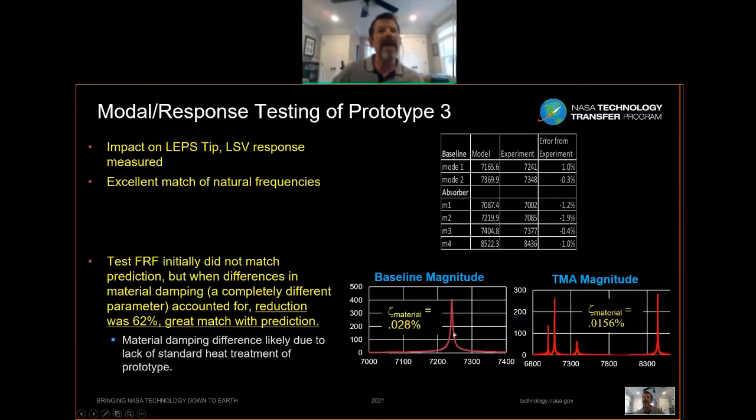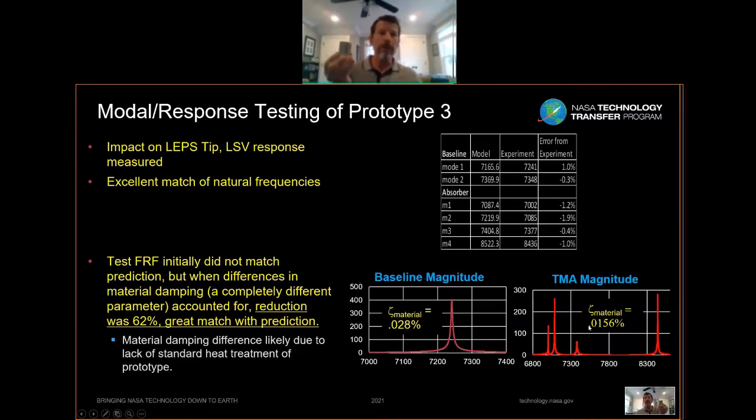Well, what happened was that the two structures cooled differently, and when they cooled differently, they gave you different material damping values. So what is material damping? That's just the damping that's inherent in this material. It's a solid monolithic material, so you hardly have any material damping, and these are the values,